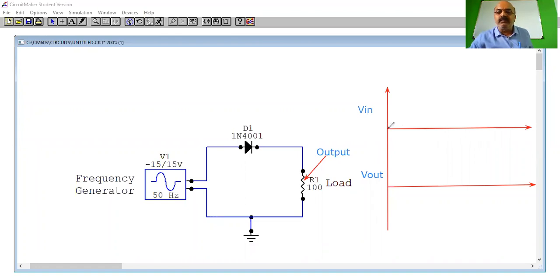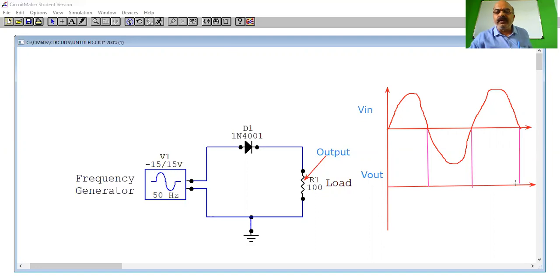What type of input are we providing? The signal generator is providing a sine wave. So I will just draw this sine wave here. I am using my mouse for drawing the sine wave. What type of output do I expect? I expect a rectified output.